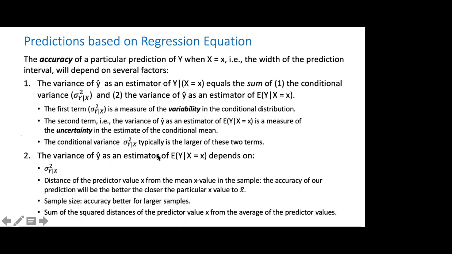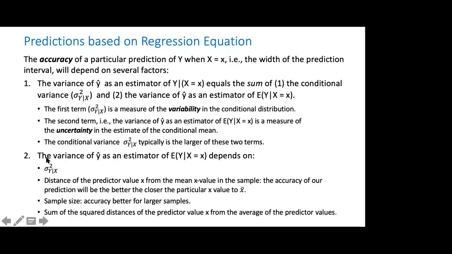And also the larger our sample, the smaller is our uncertainty that comes with the regression line itself. All right, so that is the first part. And the variance of our regression line, so of our y hats as an estimator of the mean, the expected value of these conditional distributions,